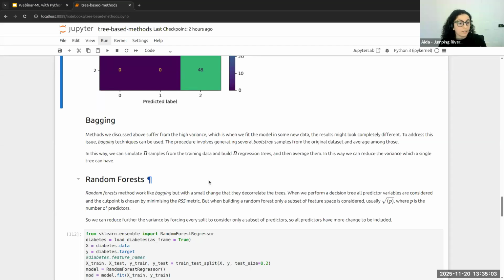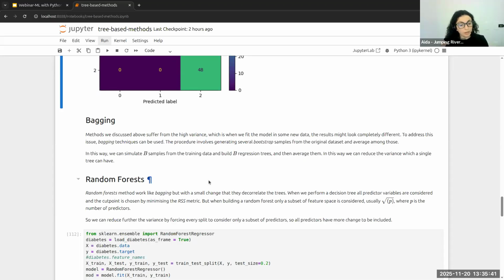The idea of bagging is then also used in random forests. Random forests work like bootstrapping within the bagging technique, but with a small change: they decorrelate the trees. When we build a decision tree, all predictor variables are considered, and the cut point for separating regions is chosen by minimizing the RSS, or maybe the Gini index for a classification type of problem.